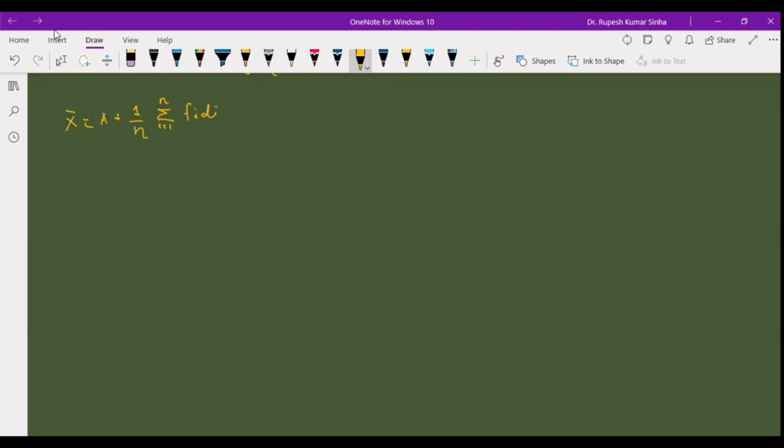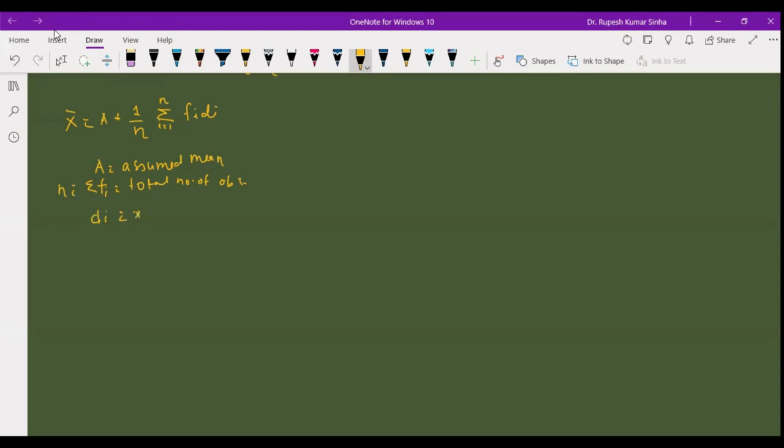In this formula, A is known as the assumed mean, F is frequency or total number of observations, that is summation of Fi. Summation of Fi is the total number of observations, that is nothing but n, and di is known as